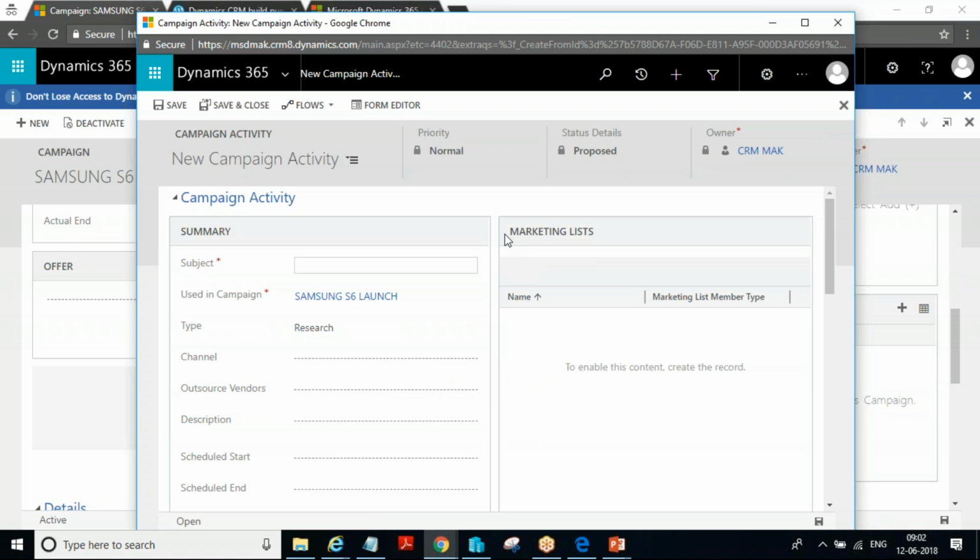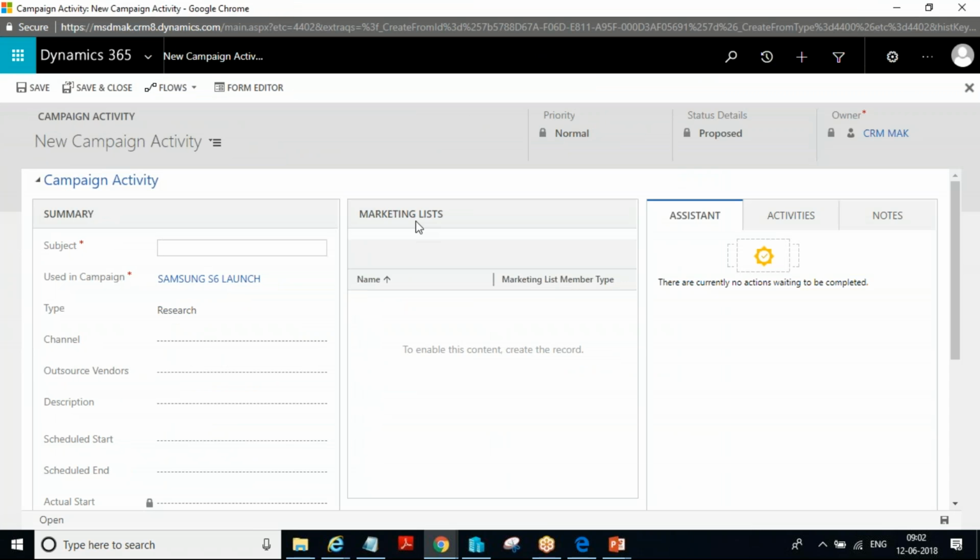It can be a phone call, it can be a letter, fax, or any other mode of communication to the customer. So here I am going to use Samsung campaign email activity.